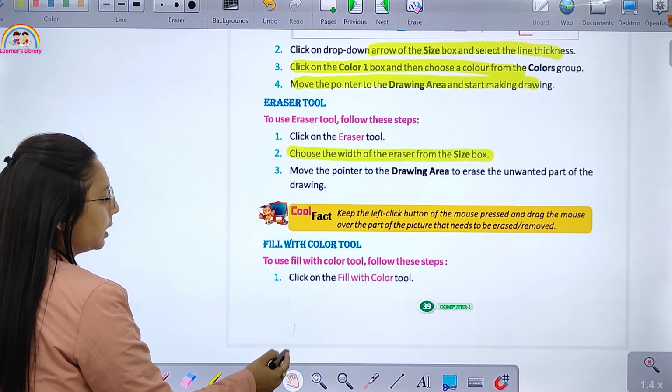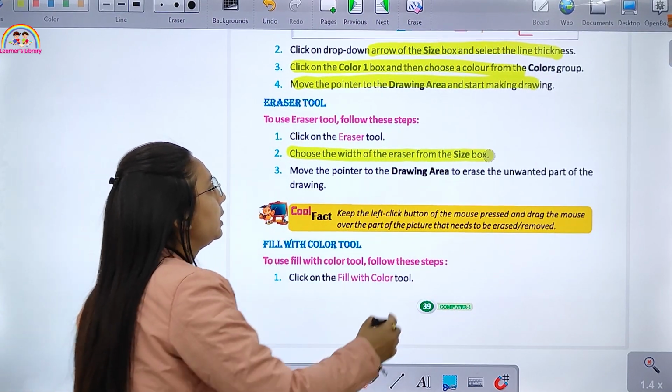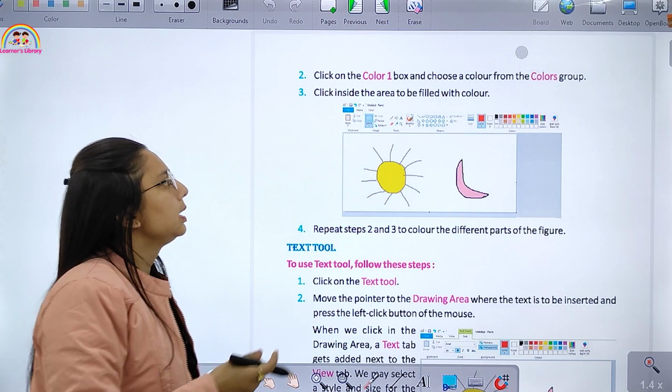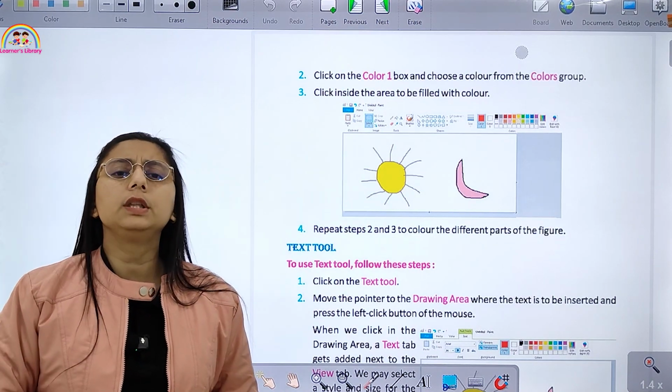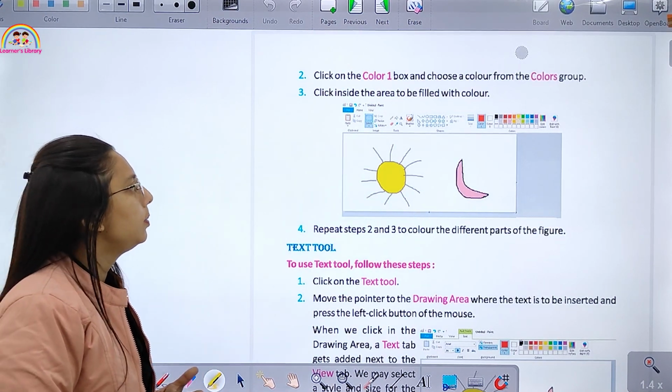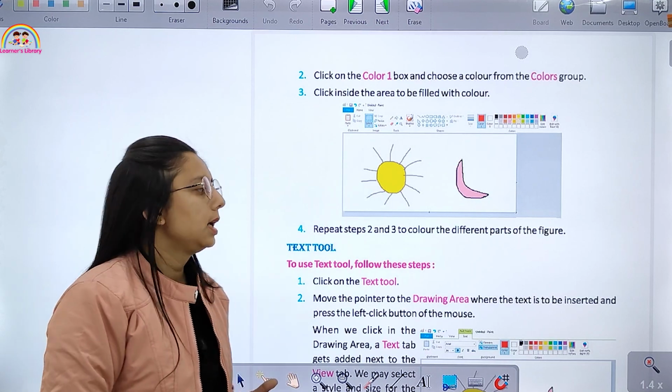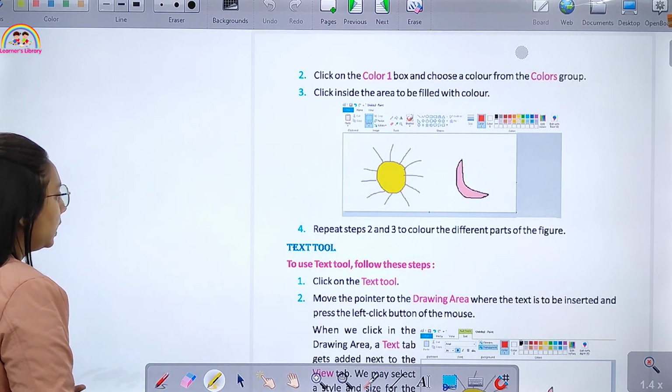Then we have fill with color. What is the fill with color tool? When you want to fill the color in a drawing, you will click on color 1 in the color group, and you can fill. Let me show you how to fill the color in a drawing.